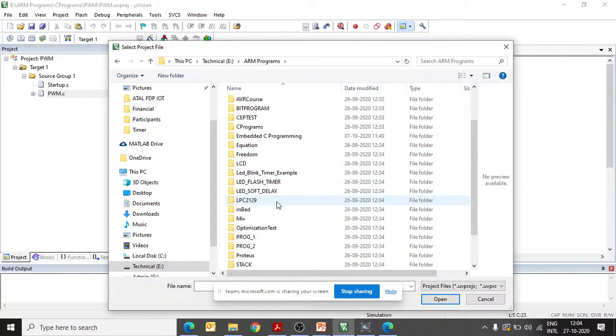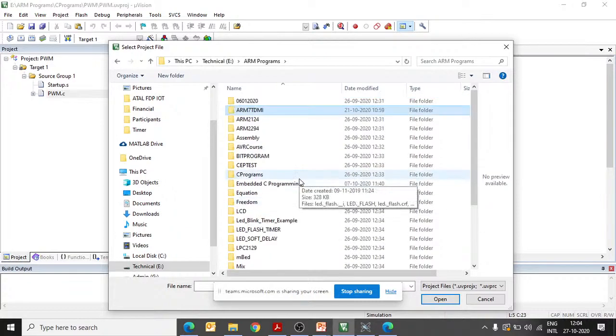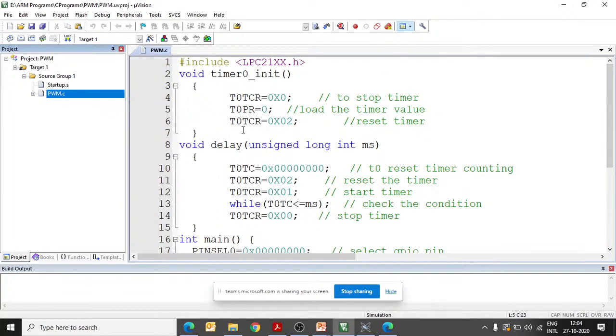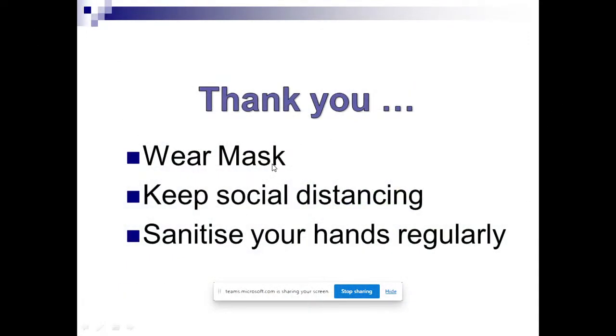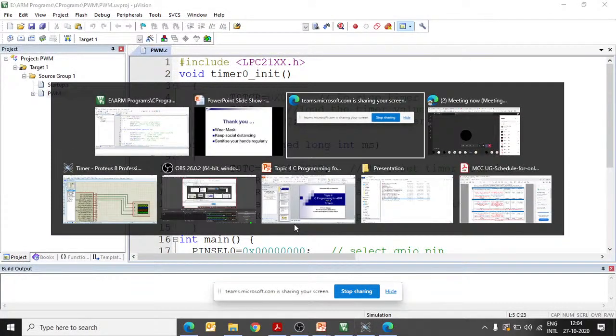Anyway, time is less, so tomorrow I will show you the simulation of that PWM, and we will also start the ADC, because ADC is now pending. So tomorrow we will start analog to digital conversion, as well as I will show you the demonstration of the generation of the PWM waveform using a simulation in Keil as well as in Proteus. So I will stop here. If you have any questions, you can ask, and then we will stop here.